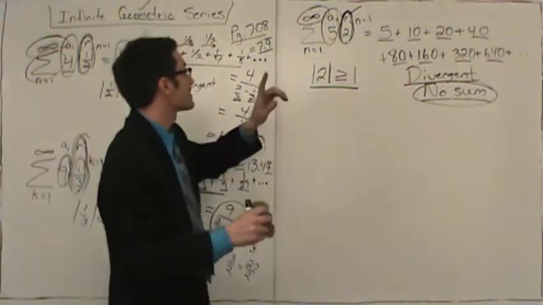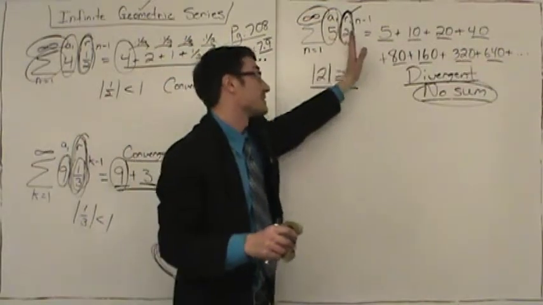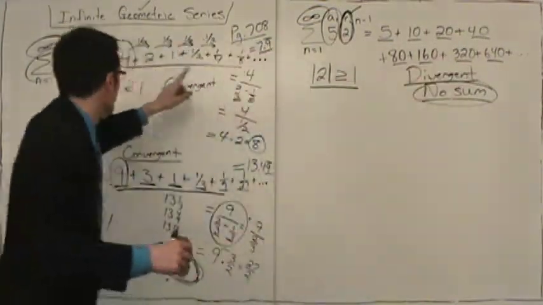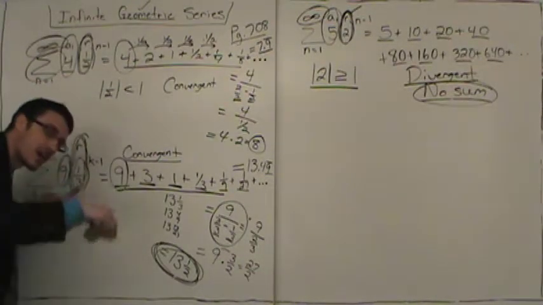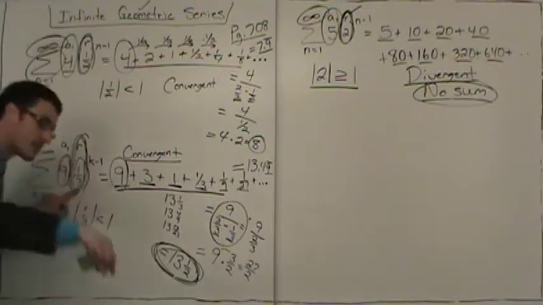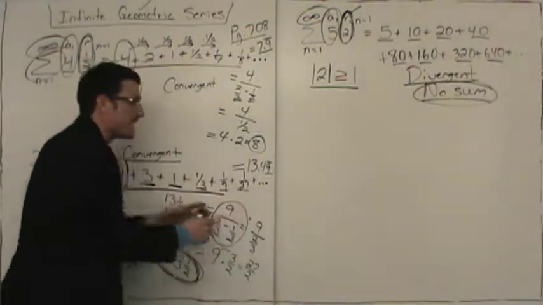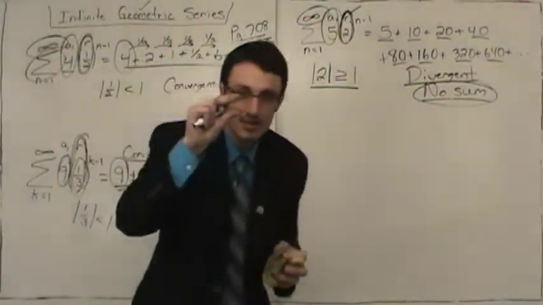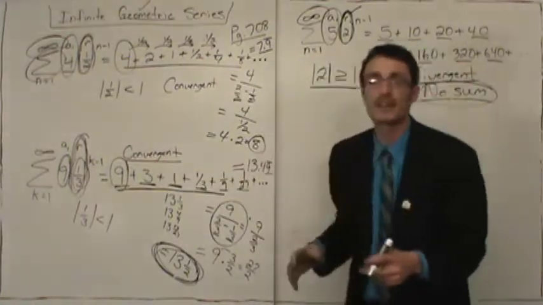So the key is this. It makes sense. If we're multiplying by something bigger than 1, the values are getting larger. If we're multiplying by something smaller than 1, the values are getting smaller. So if your multiplier r is smaller than 1, you're adding smaller and smaller and smaller things. This is going to converge to a value. I tell students,